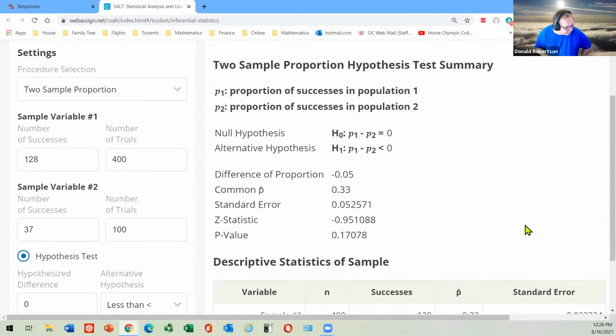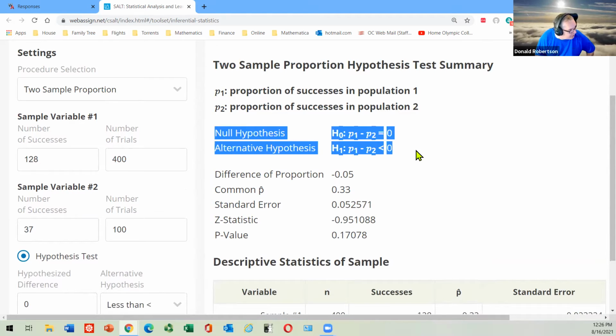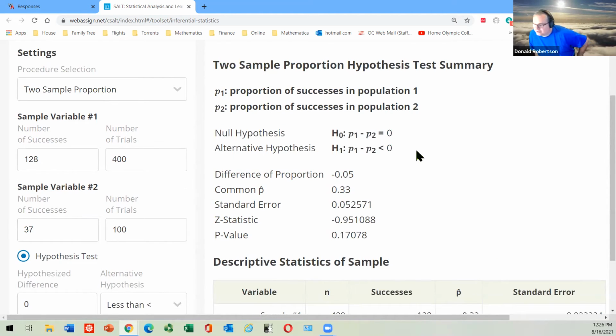And they tell you all sorts of stuff. The cool thing is, do you see that the null and alternate now look much more like the way we wrote it down on paper? So that's a backup to, yep, I picked the right one. Because if my null and alternate don't look like that, then I've got to say, oops, I should have changed this or that. You can figure that out.